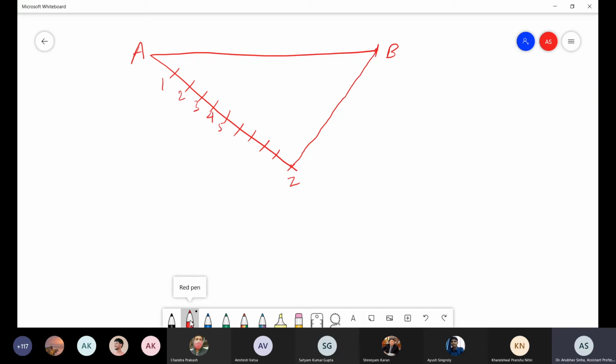Is this clear to everyone? Yes, sir. Fine. Now I want to create lines which are parallel to this one, right? So I'll take a set square, make a 90-degree angle, and create one line. This line is at 90 degrees to this, right? Now at any point, let us say I want to draw a new line at 5.